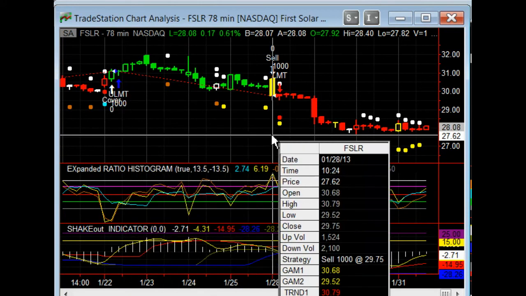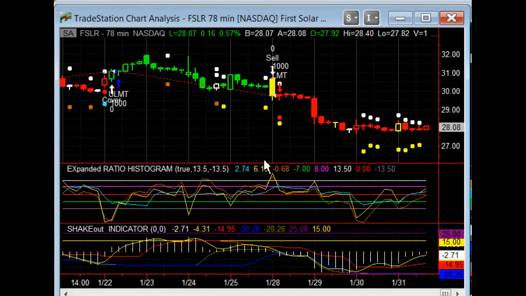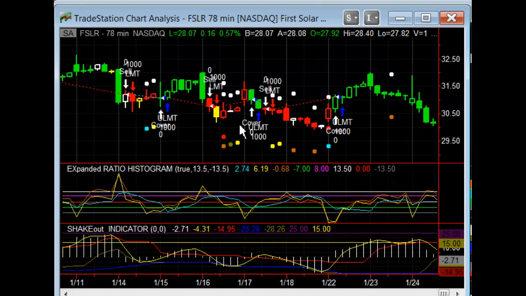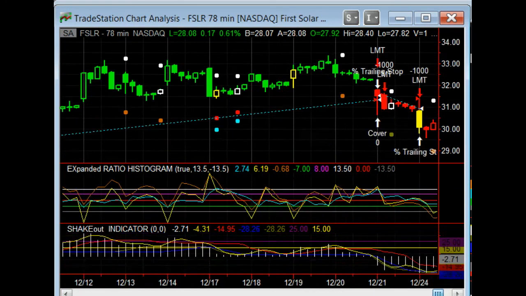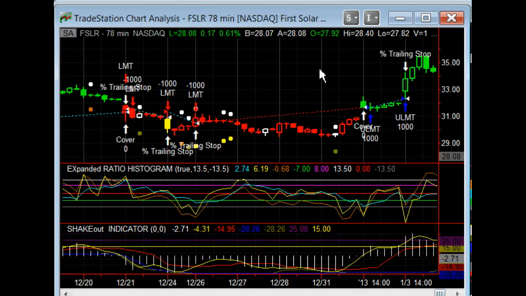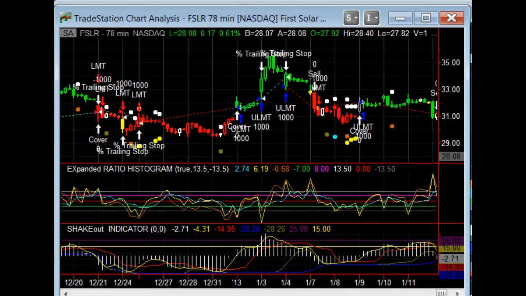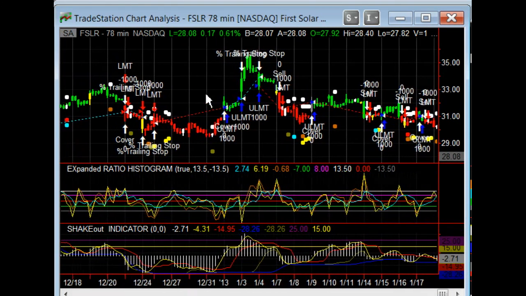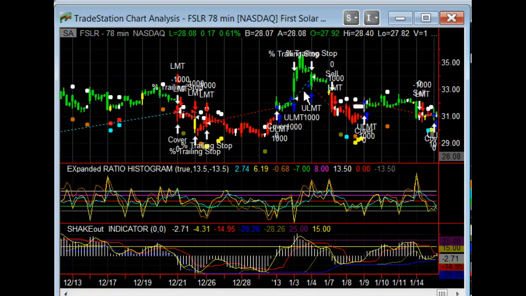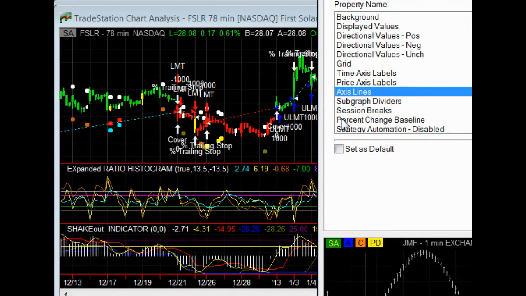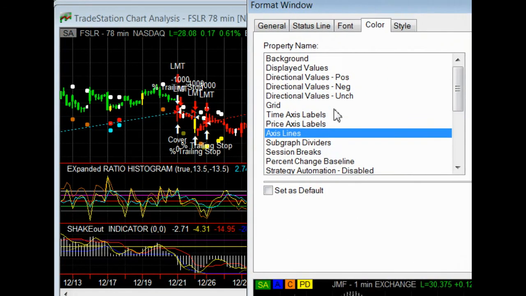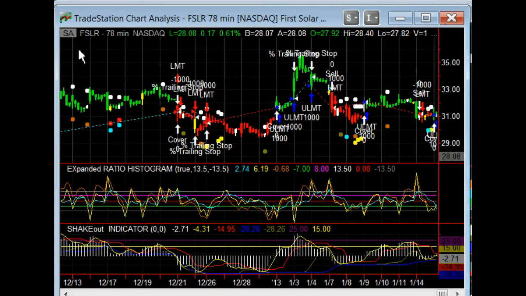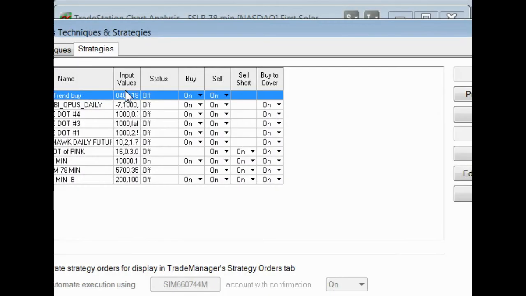31.10. Where was the stop? 29.75. Dollar plus. See, that's interesting because it has an entry. Okay, that was a short. So the red ones typically should be short, but sometimes what will happen with these when I convert a futures to a stock, it sometimes, let's shrink this a little bit, make sure you look for the blue, and you can adjust these too in your format. If you format your window, you can adjust those, but you can also do it in your strategies. If you go to the format strategies,